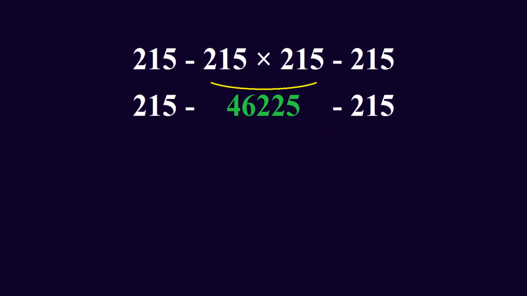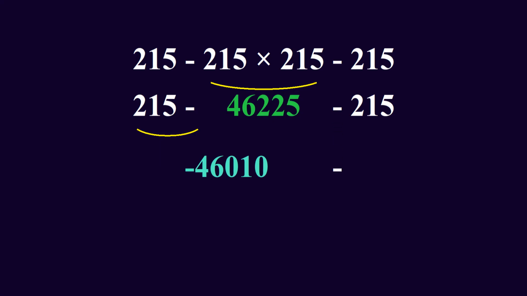According to the order of operations, we do this subtraction, then this subtraction. So 215 minus 46,225, which equals minus 46,010. So we have minus